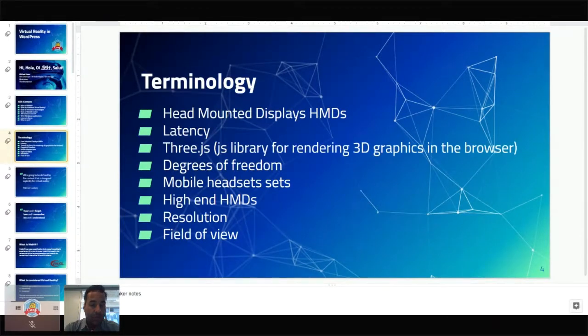And that's the next term. The next term is the high-end HMDs. Those will be things like the Oculus Rift, HTC Vive. And again, let me just make a point here. We're talking about WebVR, which basically is just utilizing a browser. So even in these very expensive, very advanced HMDs, you can still access a browser and you can still experience